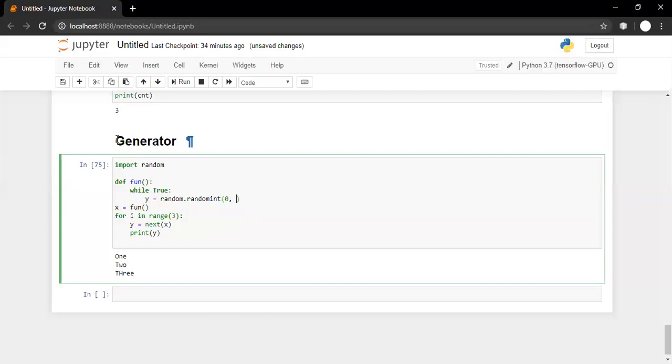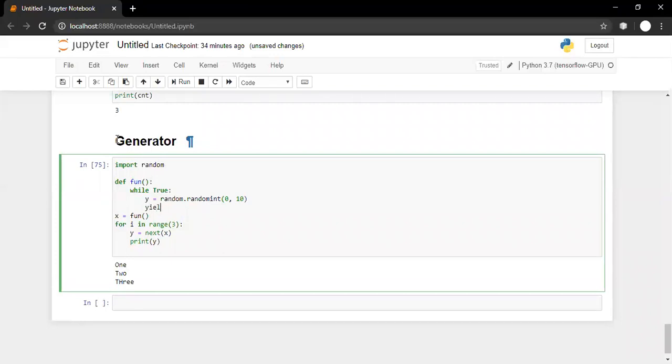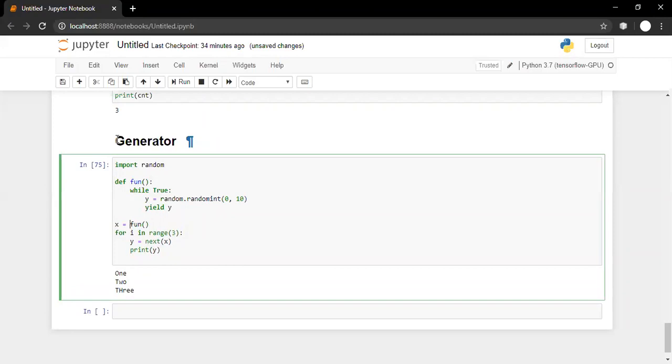This method will generate a random number between 0 and 10, and then we are yielding this number y. So now if you observe this function, how many yields are there? There are infinite yields. Why? Because our while loop is infinite, so there are infinite number of yields available in this fun function.